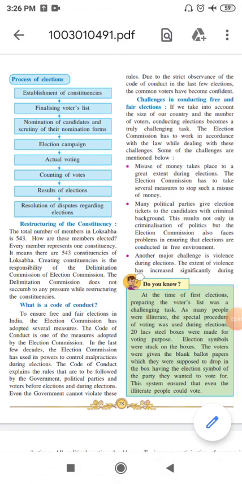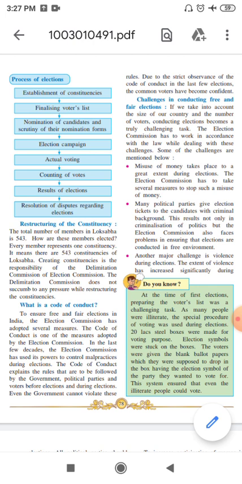Next, election campaign, that is very important. You have already witnessed a campaign during your school election. So election campaign is very important for the candidate, to make people aware of who is going to stand, how many candidates are there to contest the election. And for election campaign various symbols are also there, which are approved by the election commissioner.